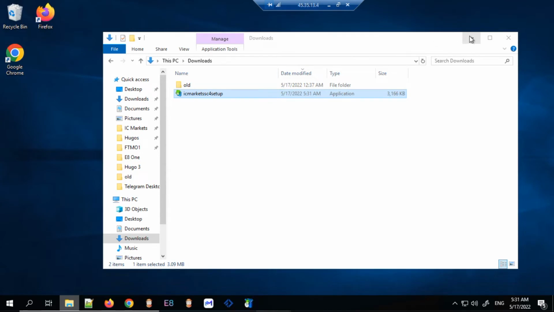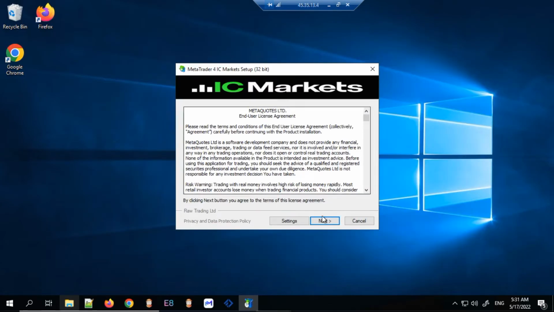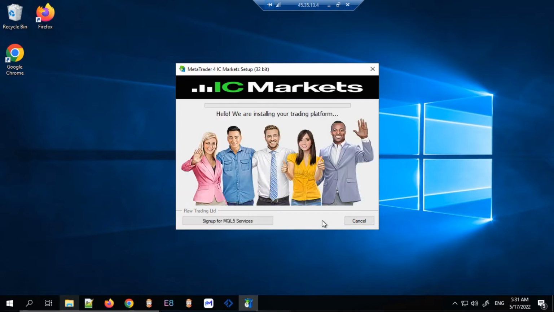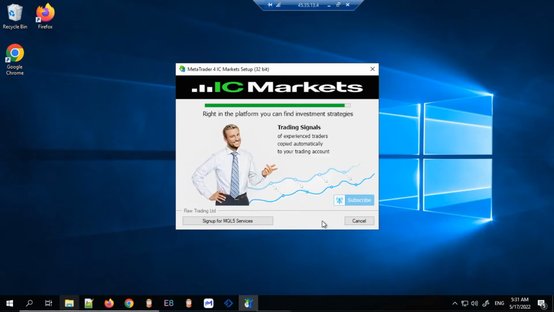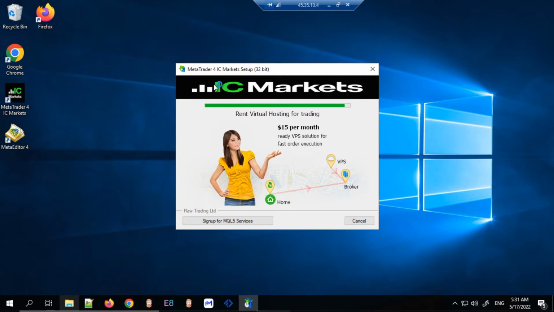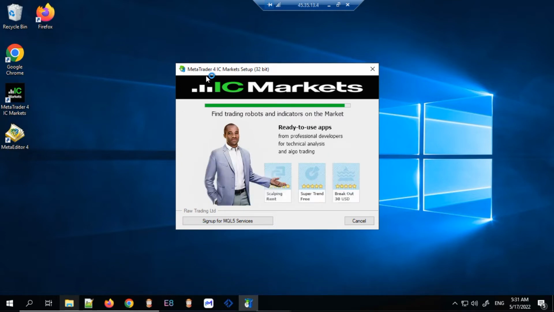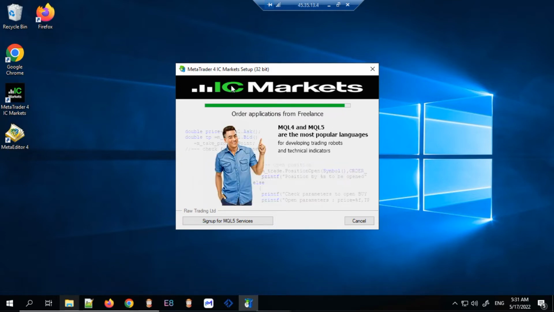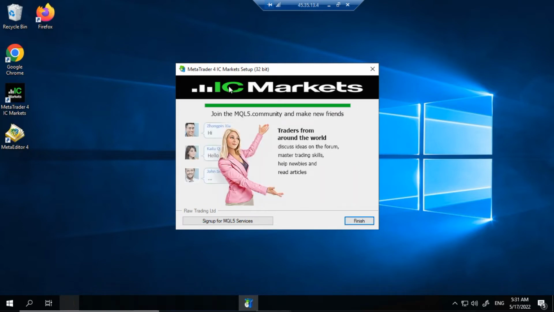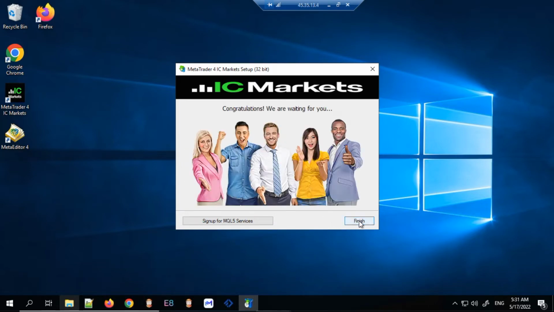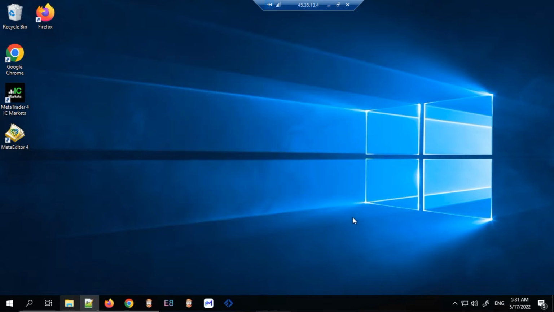Just minimize that. In standard defaults, we're just going to click on next and install it. This is the MT4 broker, or the MetaTrader 4 from IC Markets on a 32-bit. Then we click on finish. So that's the default install, which has been done on my VPS. We don't need the MetaEditor, and what we've got here is the standard MT4 icon that puts it on the